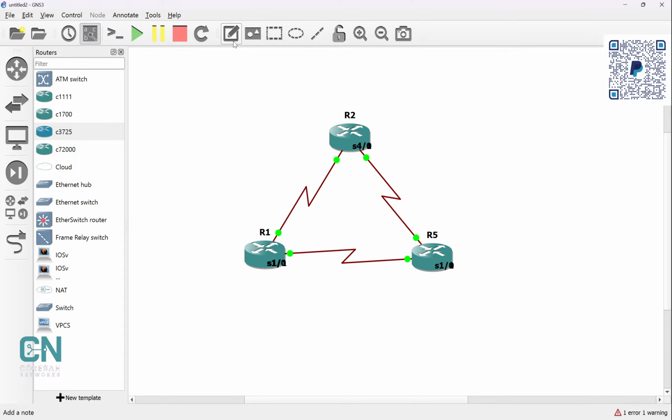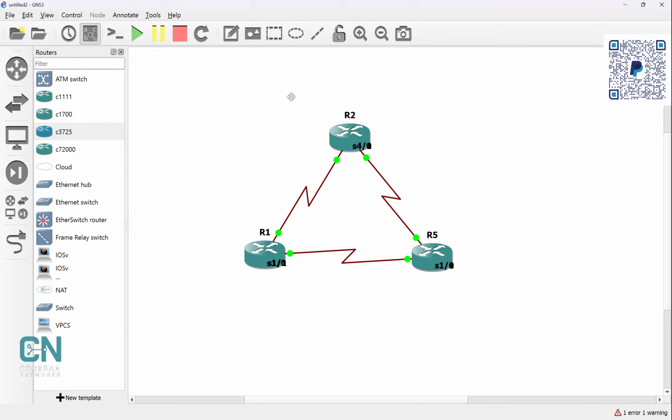So we want to configure this and improve this topology, discuss improving network stability, because usually we have a